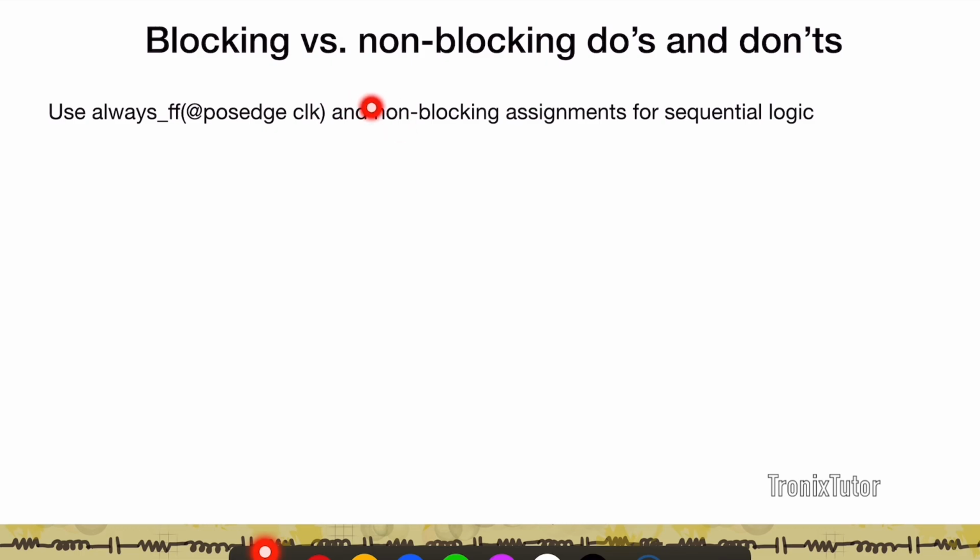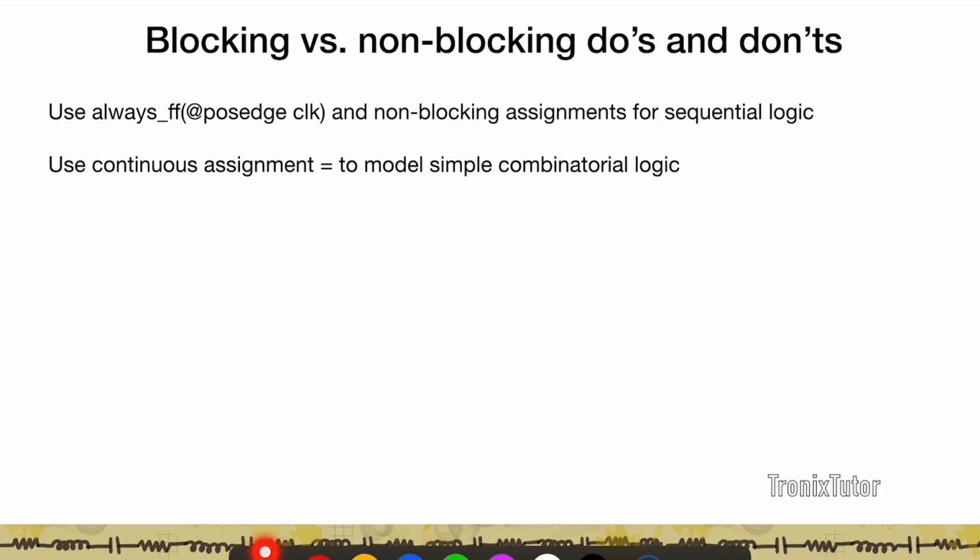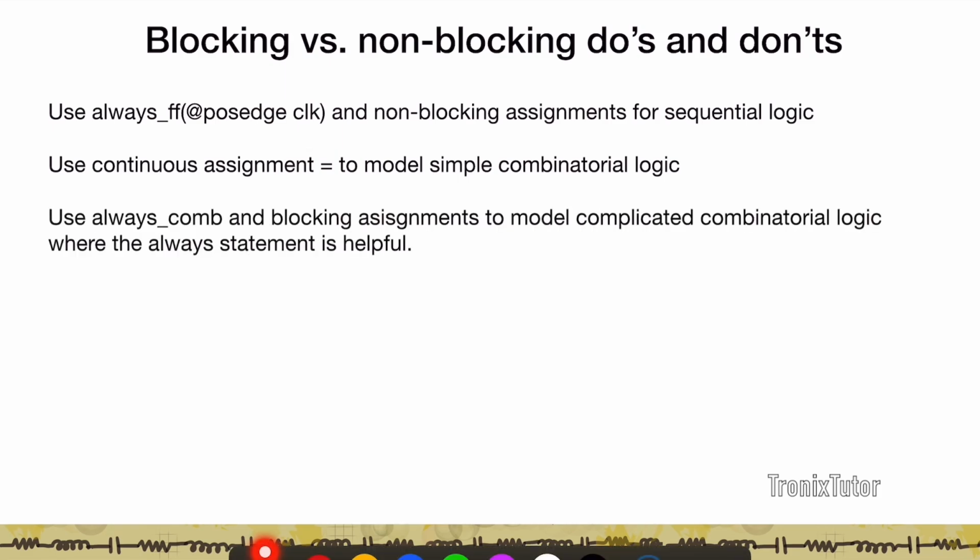And so therefore in that case you want to ensure that you're using non-blocking assignments and you don't have assignments which are order specific. When you want to do combinatorial logic, very simple logic, you want to use the assignment statement, which is the equal to symbol. And when you want to model complicated logic, always use the always comb in combination with blocking assignments